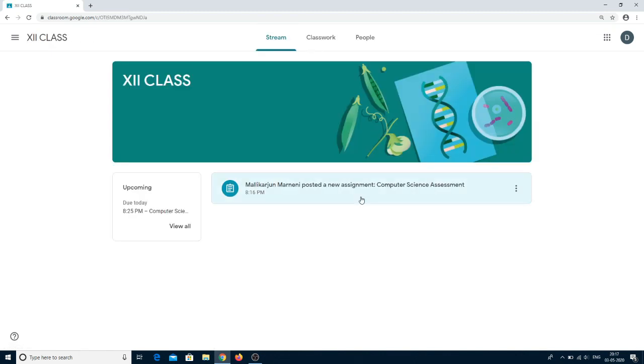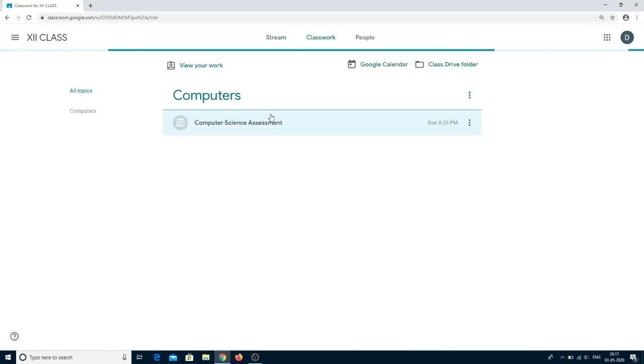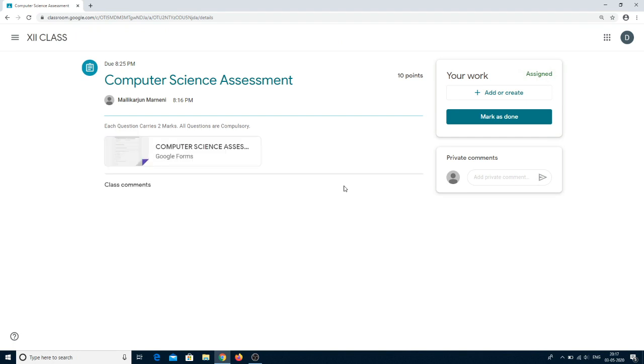Under stream you can see the assessment, or otherwise in classwork also you can see your assessment. So two ways are there. From any method you can go, just click on your assessment. Now you can see here the name is computer science assessment, posted by the teacher at 8:16, and you can see here the computer science assessment Google form. Just click on that computer science assessment Google form,